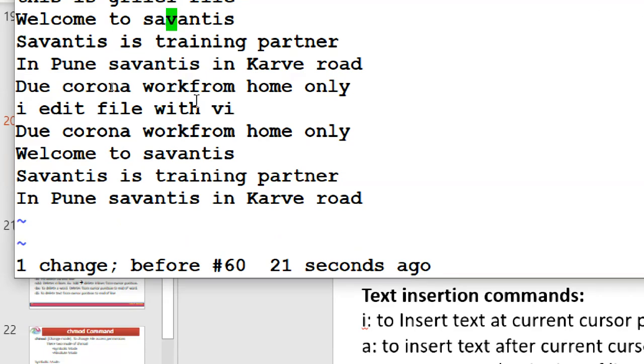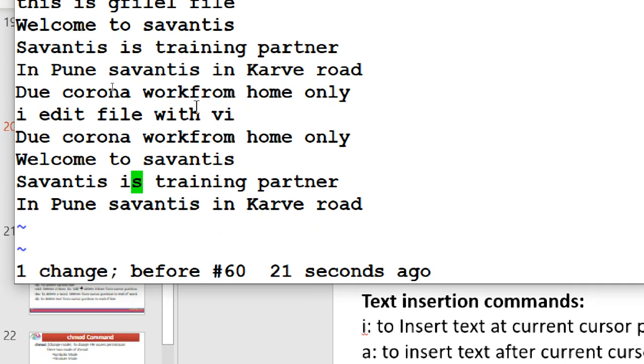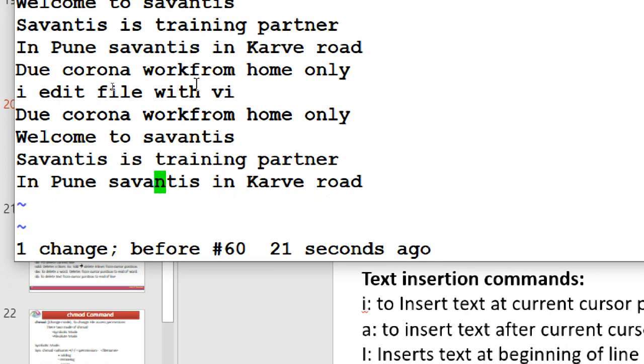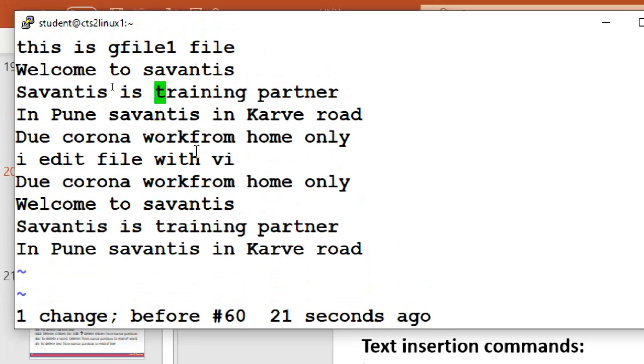Like I try to change this last one, right? So like a training partner is there, right? So again I want to change it to vendor. Like I want to replace the word. So vi is there, I want to change it.